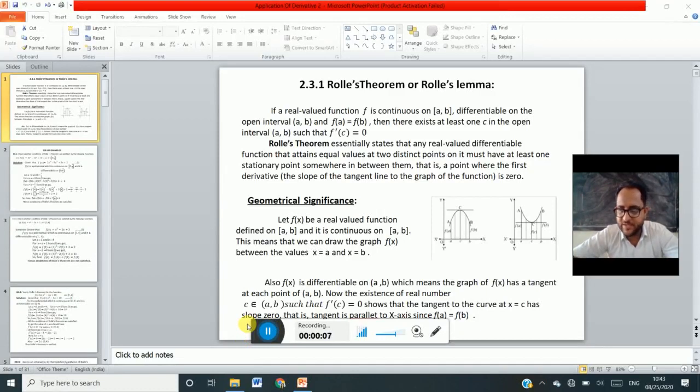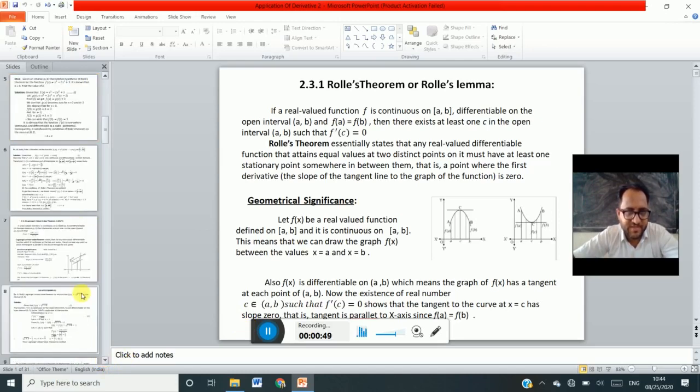So yesterday we completed the two applications of this chapter, the application of derivatives. First one is the application of derivatives on rate measure and on the geometrical meaning. And the second and third applications are deleted this year, as I told yesterday: application of derivative for approximation, and Rolle's theorem and Lagrange's mean value theorem. This one is Rolle's theorem. This is also eliminated for this year.